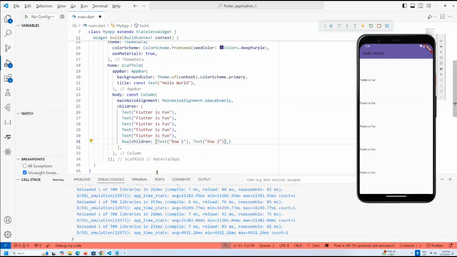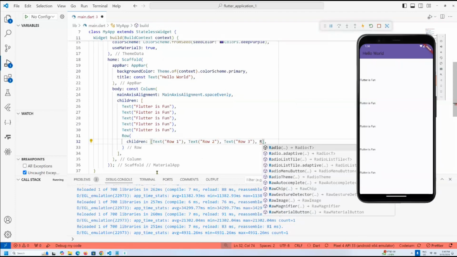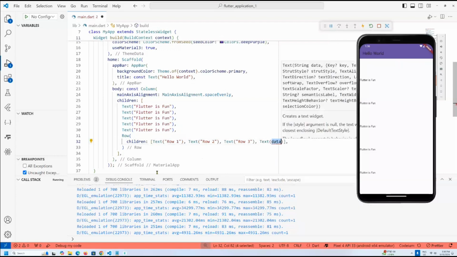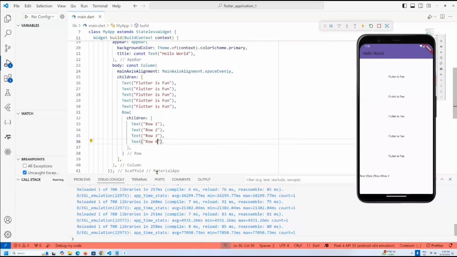I'm going to have more here. So I'm going to have like row 3, and then text, row 4. Okay. So you can have something at the bottom down here because the row basically sits at the bottom. And the same with row, you can further